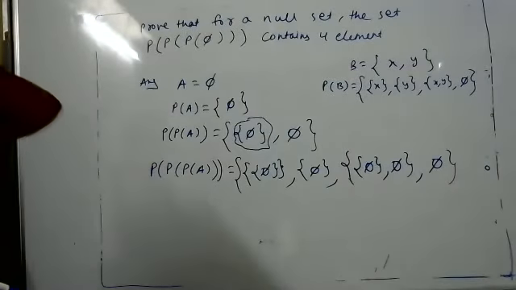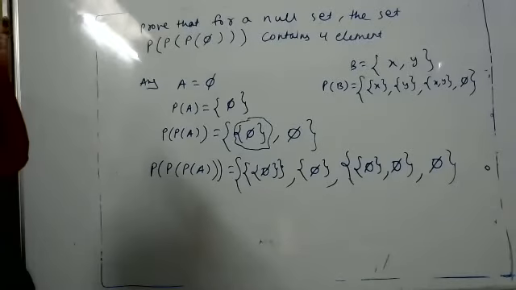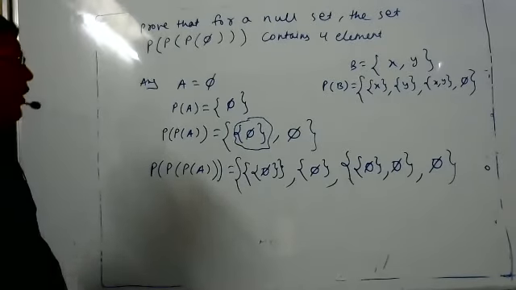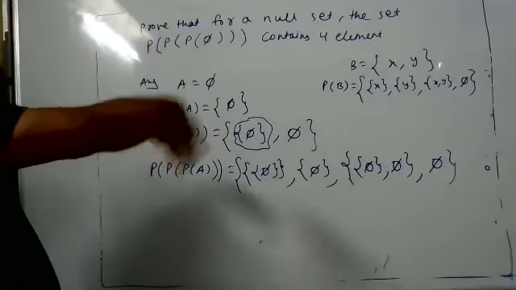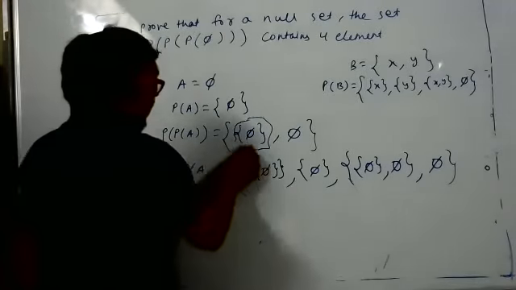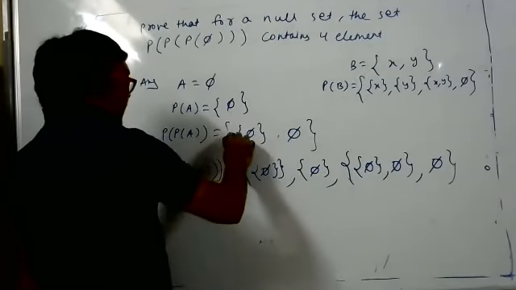It has 4 elements only. Who has doubt? No doubt, sir. Copy down the right side part so that you can correlate and write the answer. Correlate and write. This is a good question. It is an application type of question.